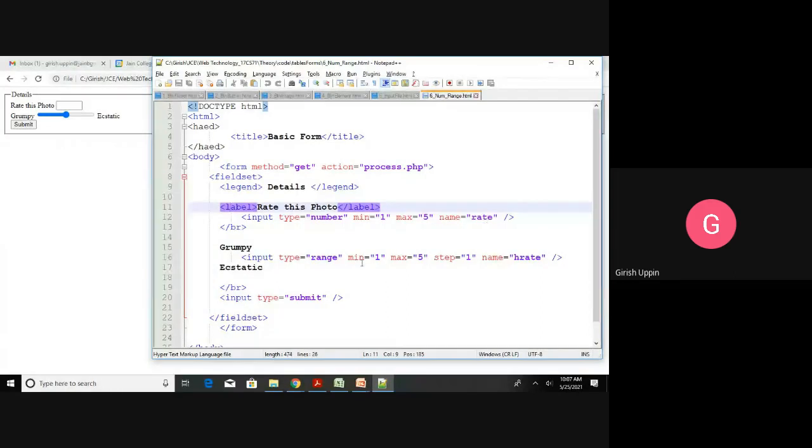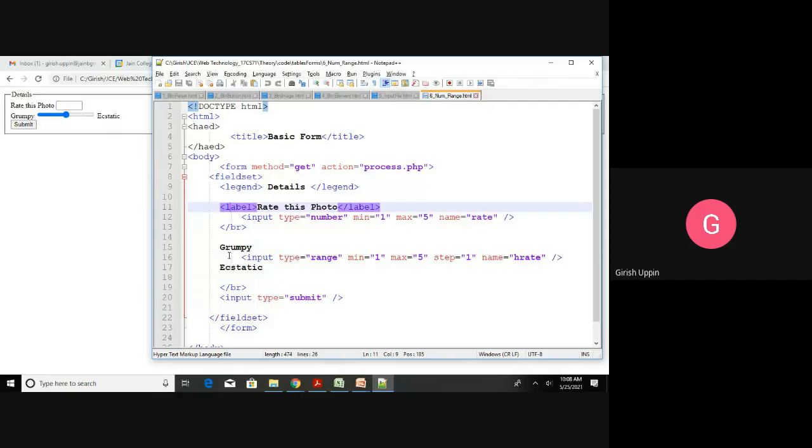The name is rate. Similarly, I have a range here, grumpy and ecstatic, with the name h rate, then I have a submit button.